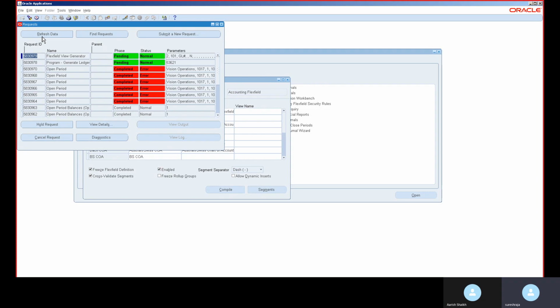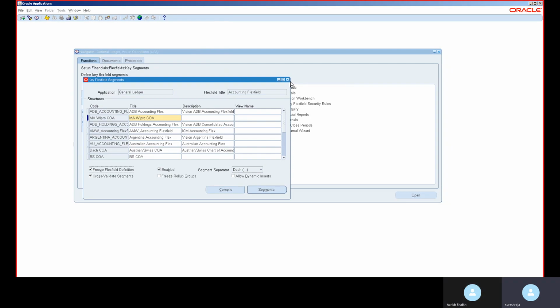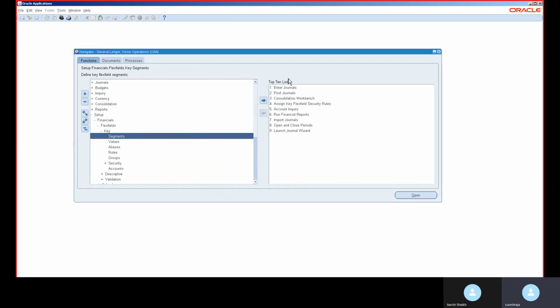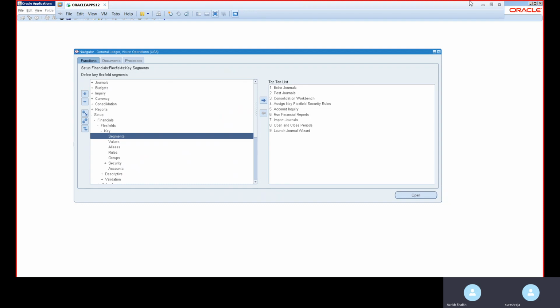You see here, it is working. It says green. It is good. Completed normal. It doesn't have any error. Otherwise we can go and see the view report, view output or view log, see what is the issue, and correct it. Five steps, what we did? We went into the setup. We created the company of